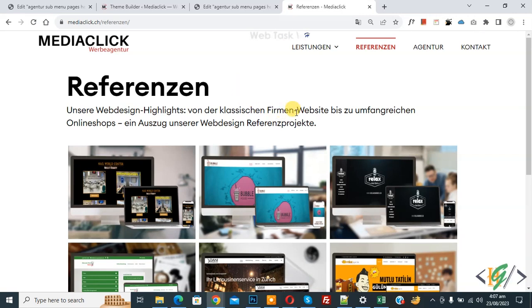Bismillahirrahmanirrahim. Assalamu alaikum. My name is Hassan and today we are going to create a shrinking sticky header with Elementor Pro